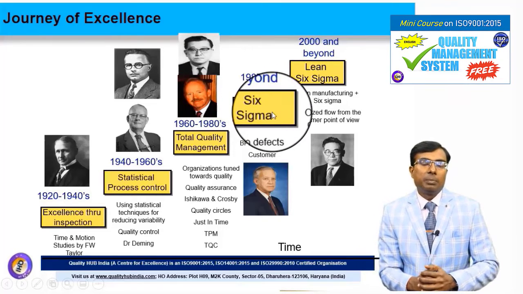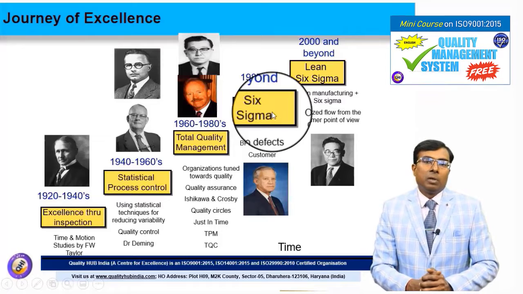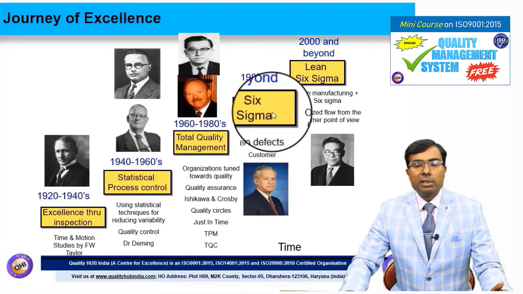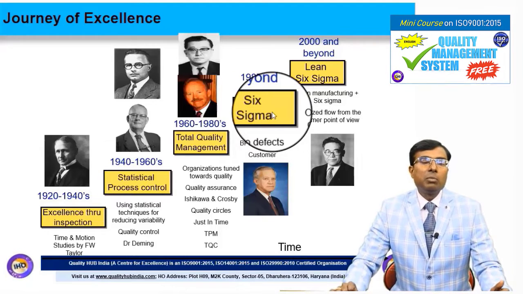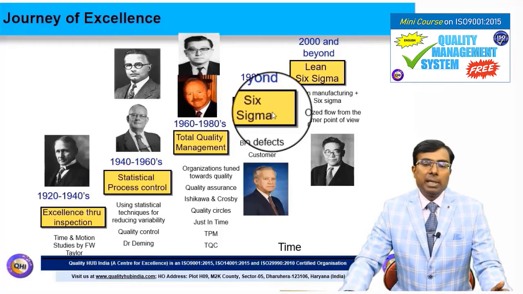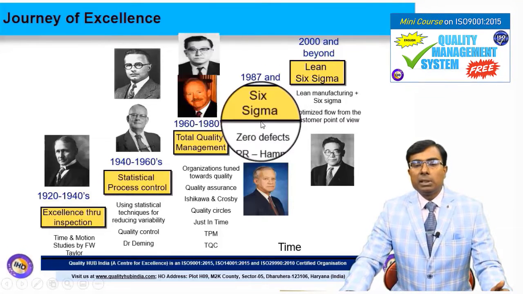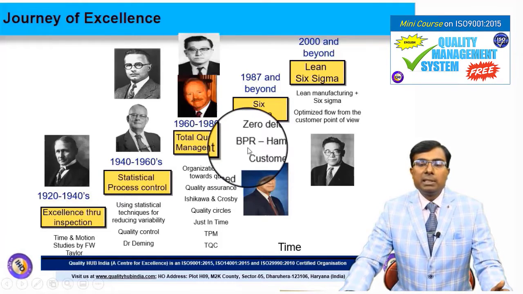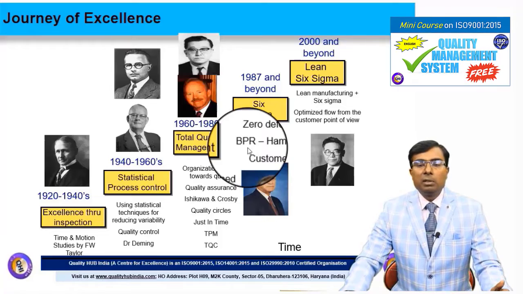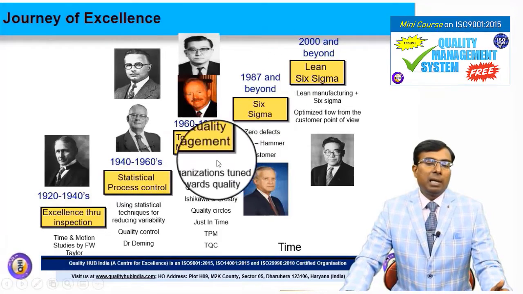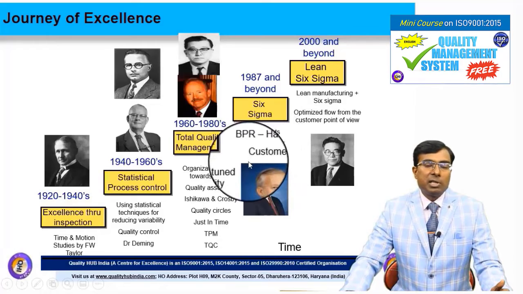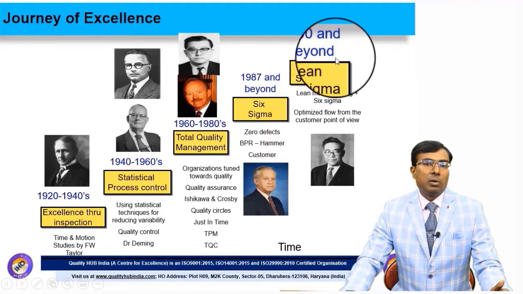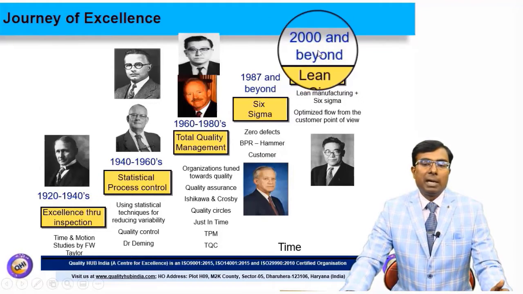Bill Smith, the person behind the concept of Six Sigma, was working as an engineer and scientist at Motorola, and he gave this concept, and later on it was modified and amended, suiting the industry needs. During this time we can also see the concept of zero defect, which also evolved. Business process re-engineering was also a focus point. Focus moved on from plant level control to customer focus, or a customer-centric organization. And Lean Six Sigma started taking root during 2000 and beyond.